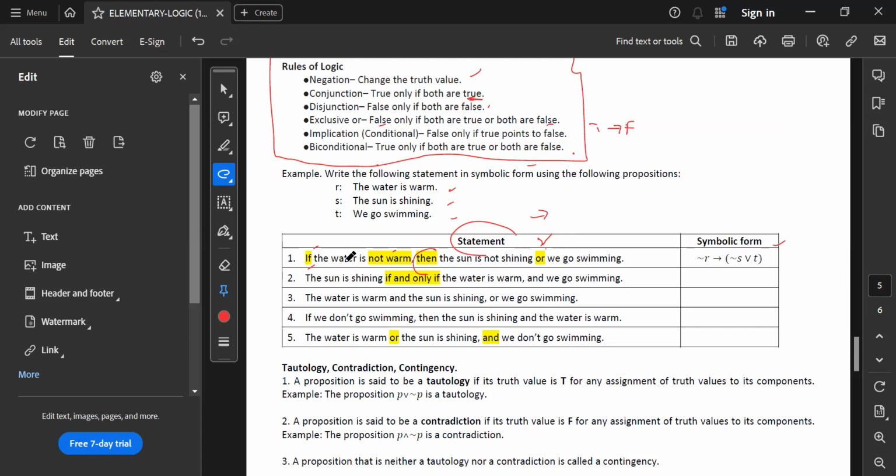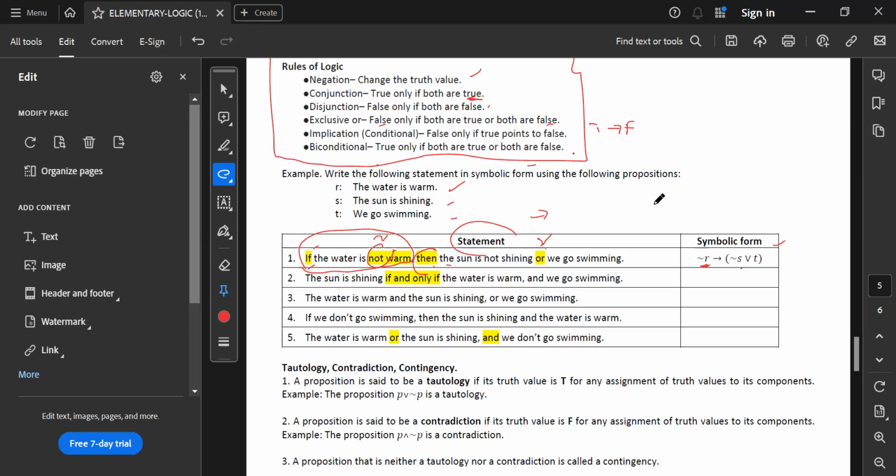So in this case, the first statement, if the water is not warm, where does that come from? From the statement R, the water is warm. In particular, it has not, so there is a negation, the opposite of the statement R. That's why it is not R, and then why is there an arrow? Take note of the if-then. The if part is the water is not warm, so that is the condition, and then we point it to the then. After the then is the statement the sun is not shining, which is